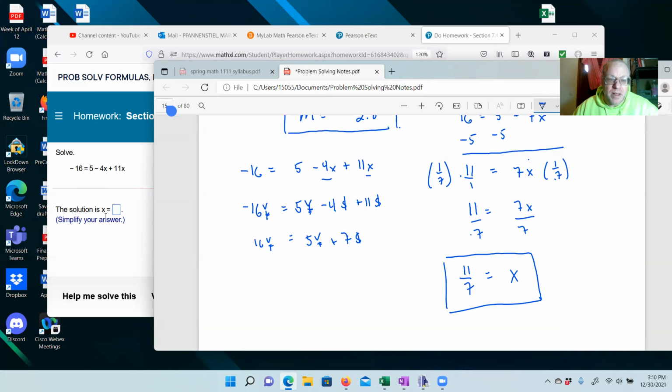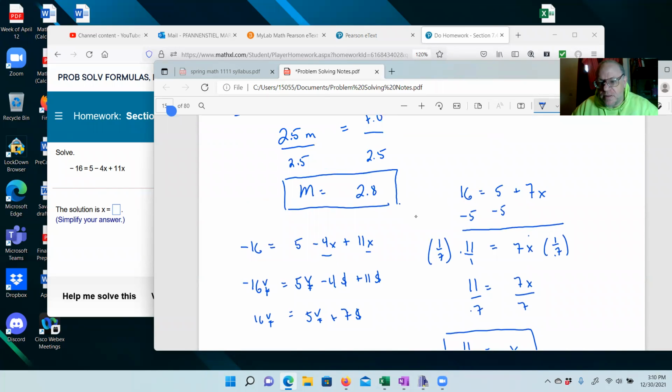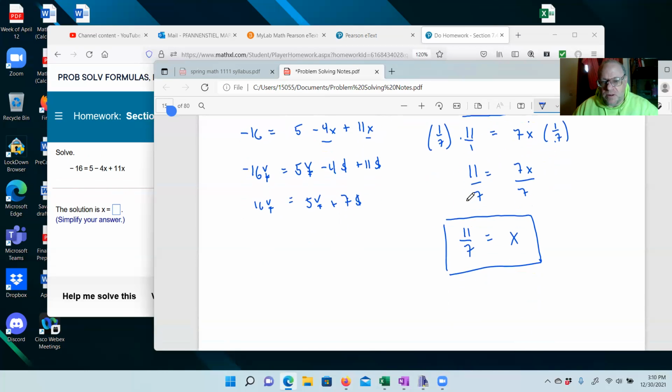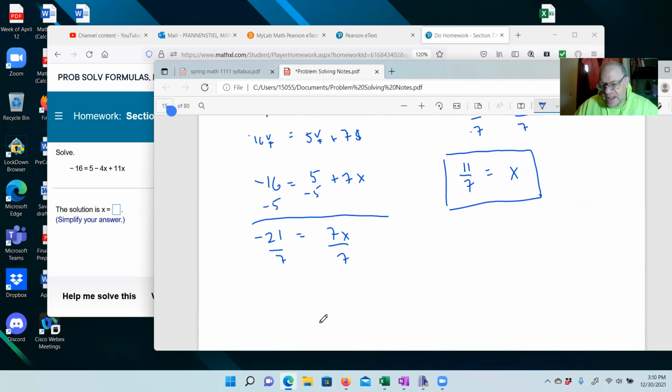Okay, so, oh wait a minute, I missed a sign. Let's not write that down. I wrote the problem down wrong. We have negative 16 is equal to 5, and then we still have plus 7x. Okay, subtract 5. If you were $16 in debt and you've now paid another $5, you're now $21 in debt. Negative 21 is equal to 7x, divided by 7, x is equal to